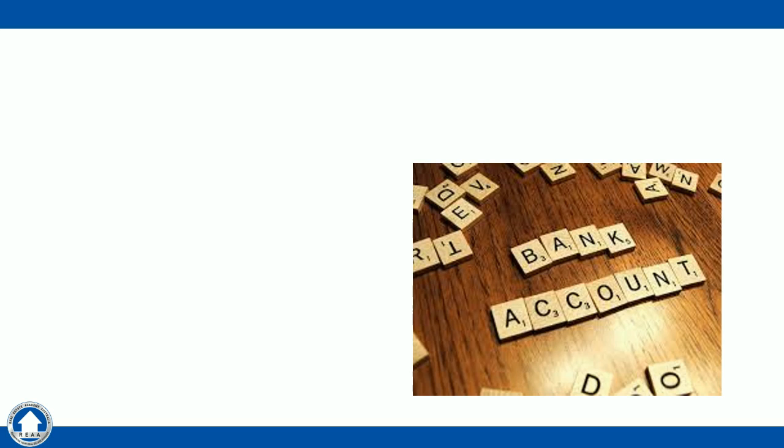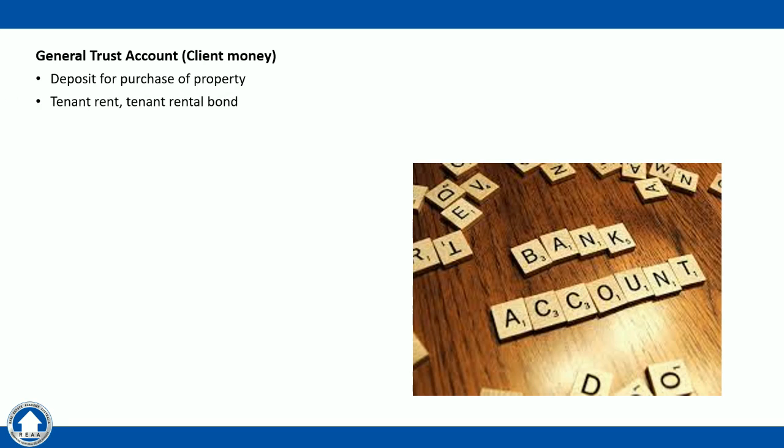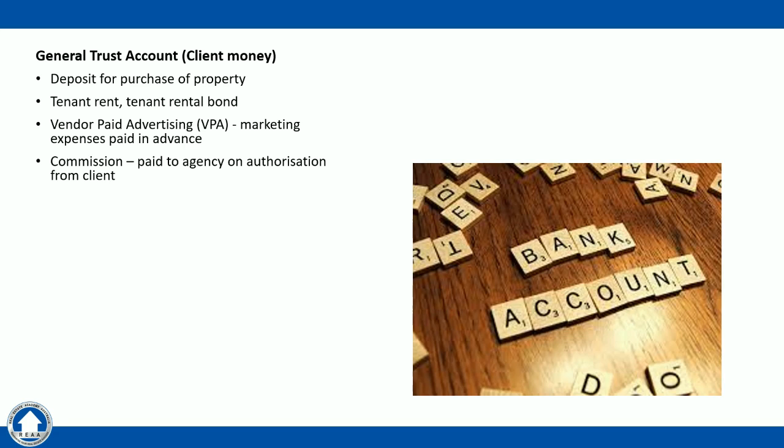There are two types of bank accounts that are used by an agency. The first is the general trust account, which is used when receiving or paying money on behalf of a client. This account will have money such as deposit for purchase of property going into it, tenant rent, tenant rental bond, vendor paid advertising if the marketing expenses are paid in advance and have not yet been spent, and also money such as commission for the sale of a property, which will stay in the trust account until there is authorization